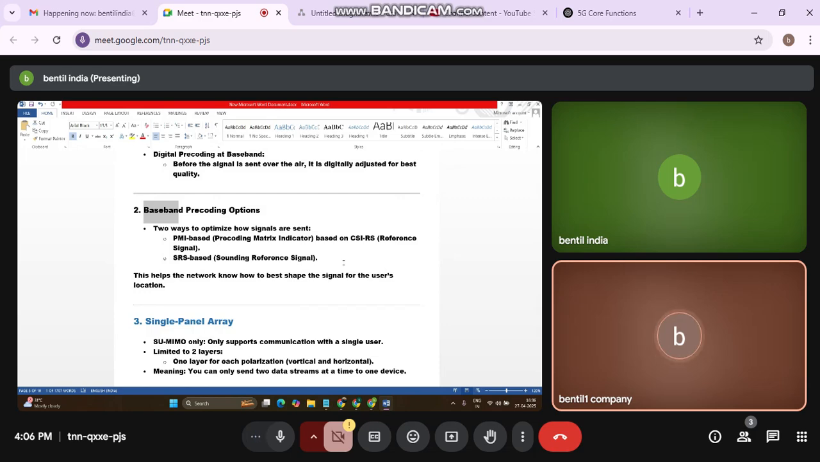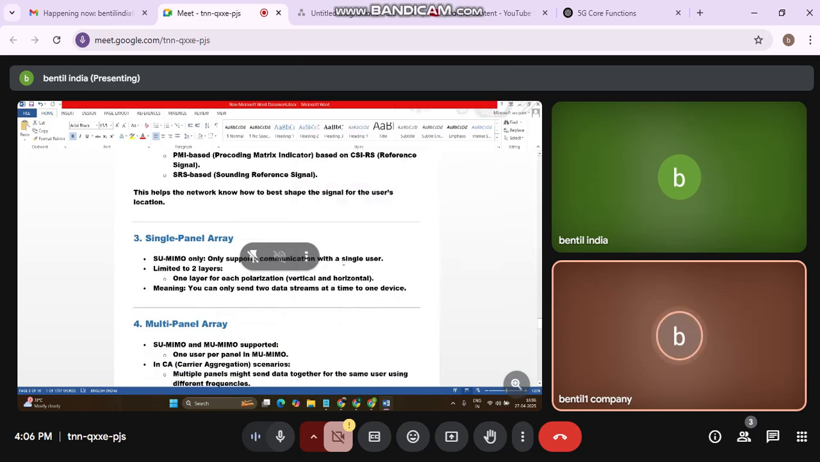Single panel array. SU, single user MIMO only. It will support communication with only a single user, which is limited to two layers. One layer for each polarization, vertical and horizontal, meaning you can only send two data streams at a time to